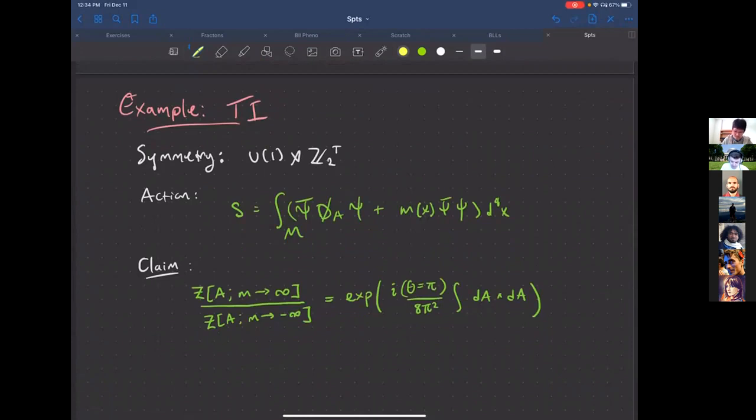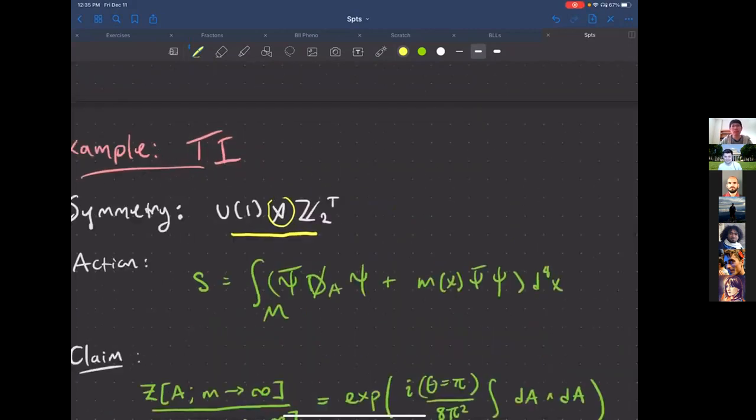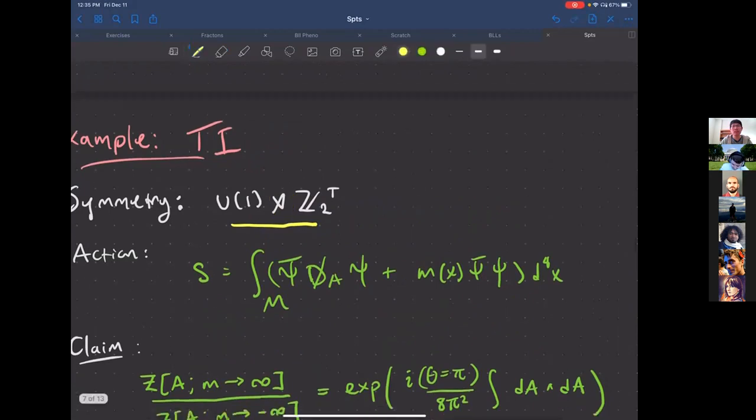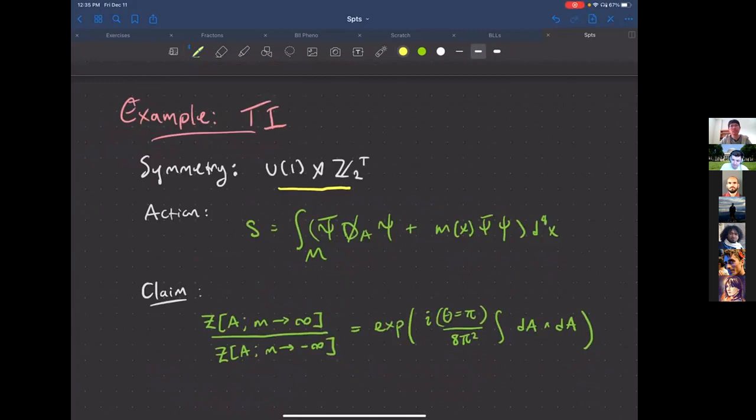So the S in the symmetry protected topological phase is this group here. We're going to be considering a system where we have some U1 charge conservation symmetry, and we're also going to have time reversal symmetry. And I think I wrote the semi-direct product in the correct direction, but what this means is that the time reversal symmetry doesn't commute with the U1 symmetry. Anyway, we have these two symmetries, and what we're going to consider is a microscopic action that is just a Dirac fermion